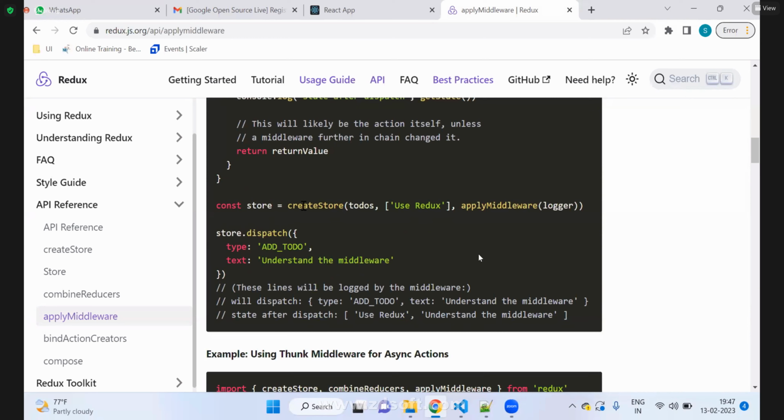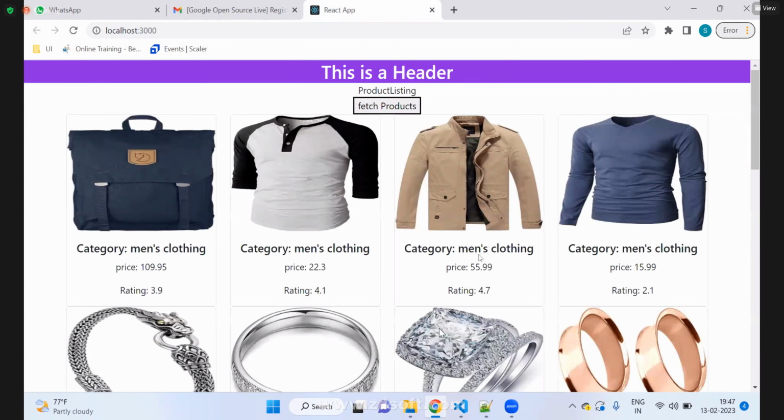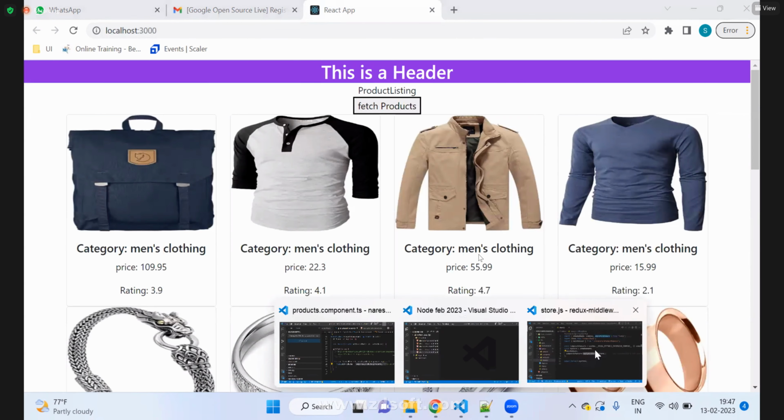When we create a store, const store equal to createStore takes the reducer and applyMiddleware. Okay. So what are we doing here? Let's understand. So while creating the store,